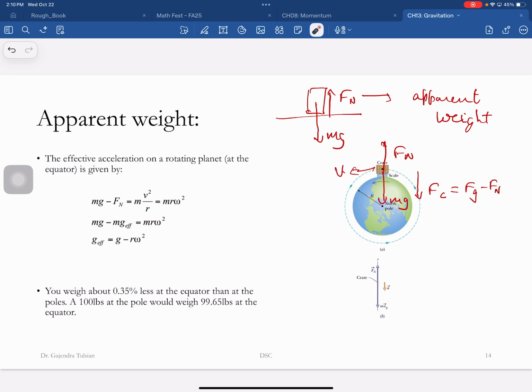Get right on that. What's that? I'll get right on that. Yeah. In fact, if you wanted to go to space, all you have to do is walk off into space. It would be as easy as that. So that would be at the equator. At the North Pole, Santa Claus would still be weighing the same. He can't lose his weight. All right, so apparent weight is that.